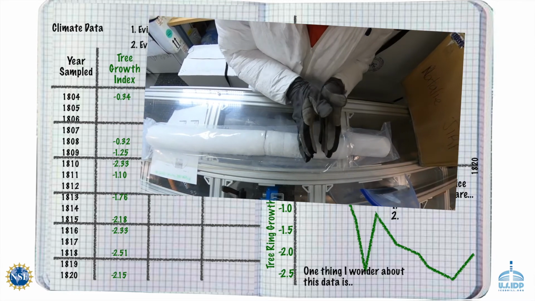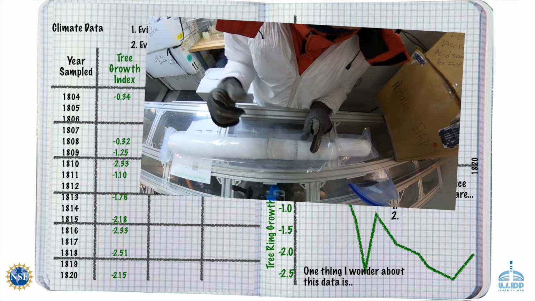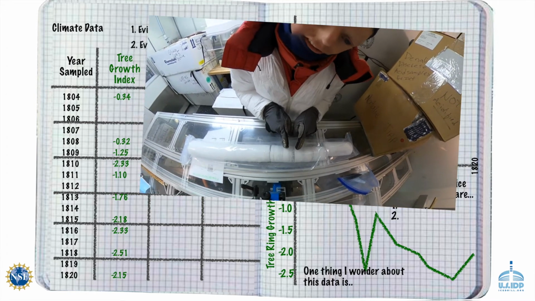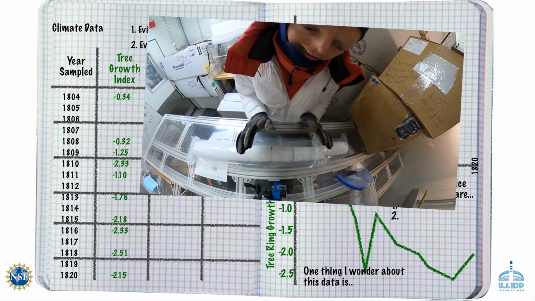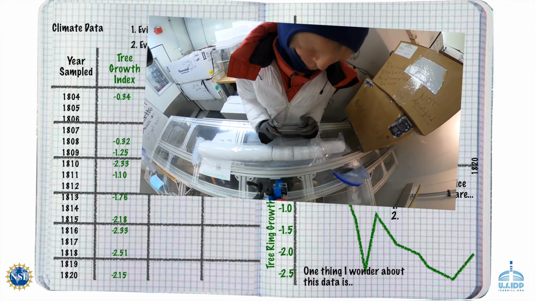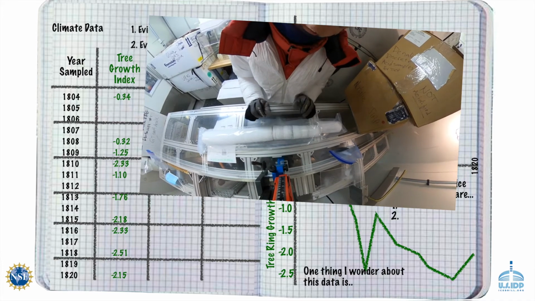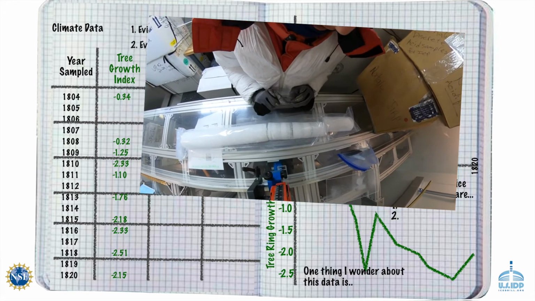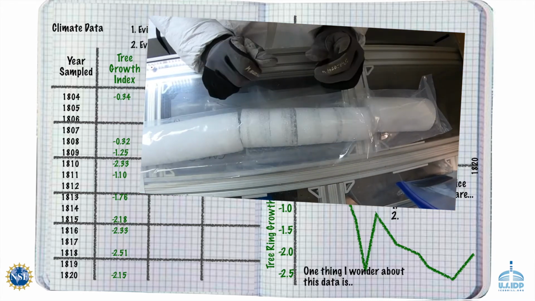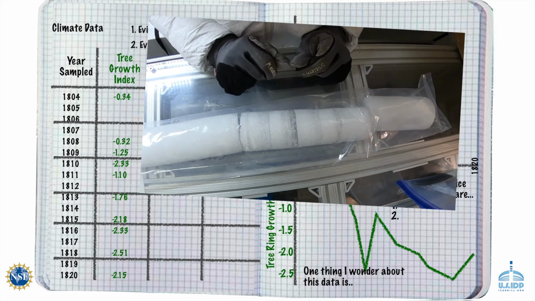So the idea is we're going to cut this into little pieces and then shave off the outside of the core using a special lathe. And that way we're only sampling from the very middle part of the ice core, the part that hasn't seen the light of day since it first deposited on the glacier hundreds of years ago. Because we know that these bags and the saw and me, we contaminate the ice core, and we don't want to see any of that contamination in our samples. So we have to scrape away the contaminated snow on the outside of the ice core and just analyze the really clean snow that's still stuck in the middle of this core.